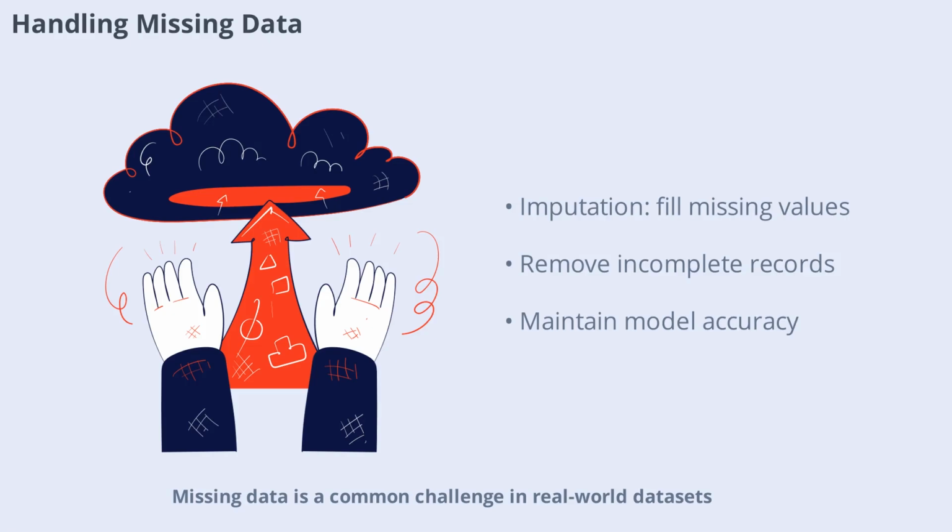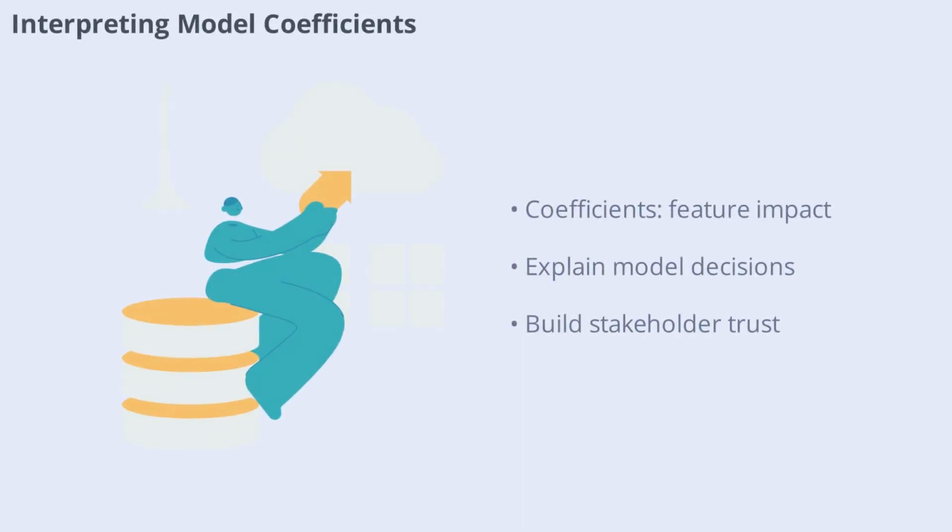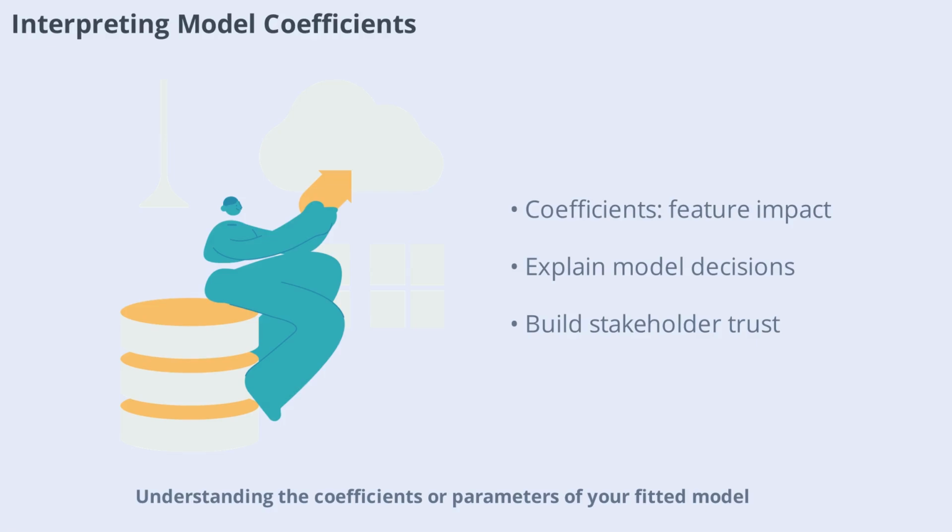Missing data is a common challenge in real-world datasets. Ignoring missing values can lead to biased or incomplete models. Techniques like imputation or removing incomplete records help you deal with missing data effectively, ensuring your model fitting process remains robust and accurate. Understanding the coefficients or parameters of your fitted model can provide valuable insights into the relationships between